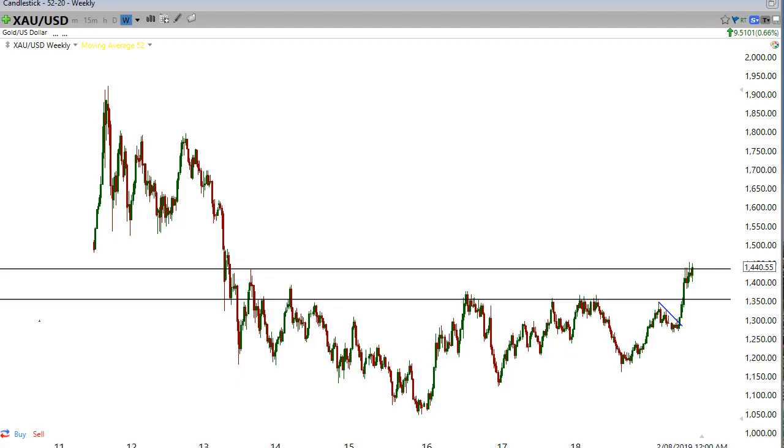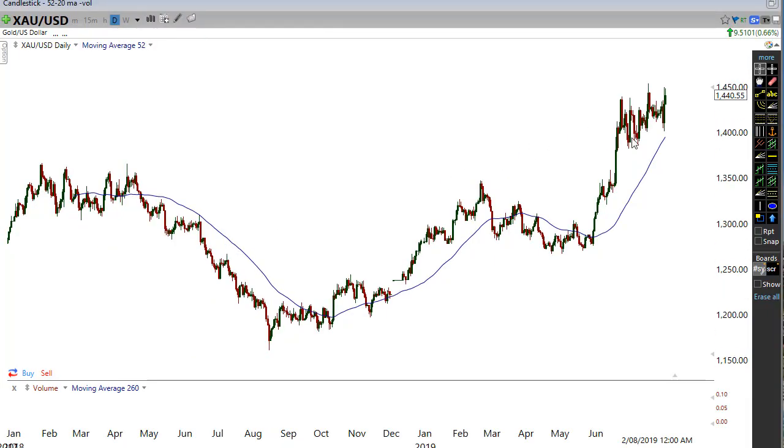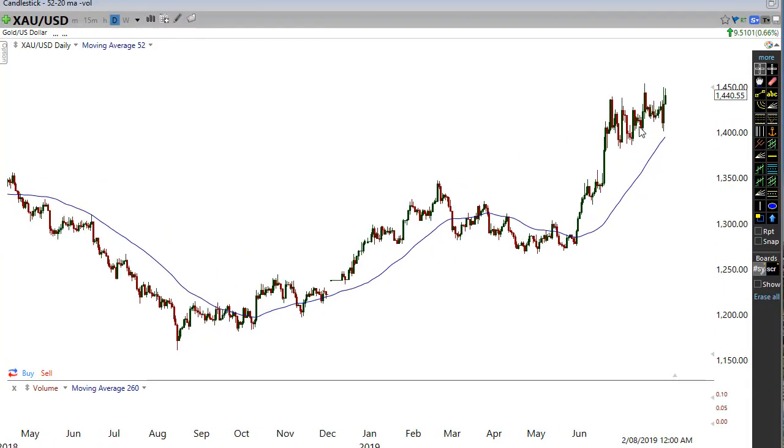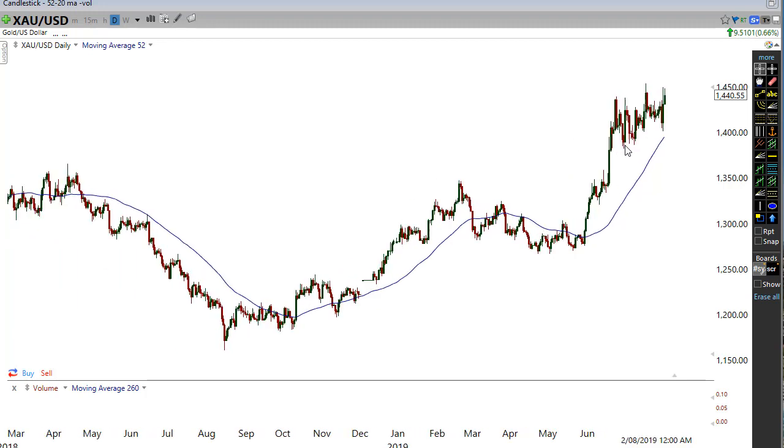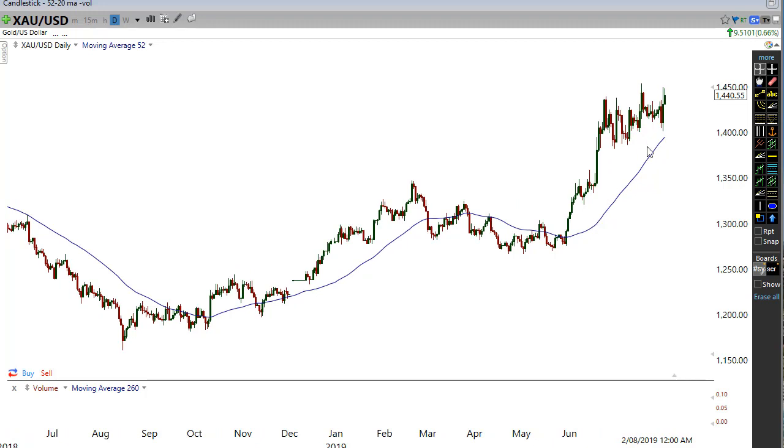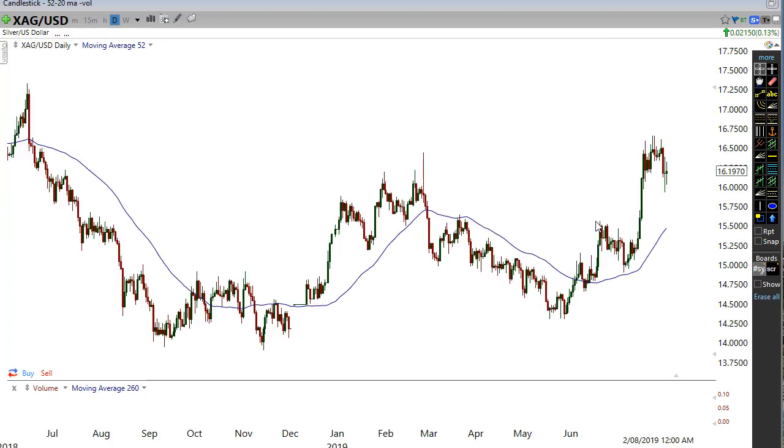So the way that I'm looking at this now is that I was expecting some sort of a pullback, or a sideways movement. That's exactly what we've been getting here, haven't we? Pretty much just a sideways movement, or rather a pullback. So when we're looking at this here, it's really difficult to say, but what's happening right now, once again, this moving average, because it's catching up, it's saying that price is getting ready to go for another run, and same for